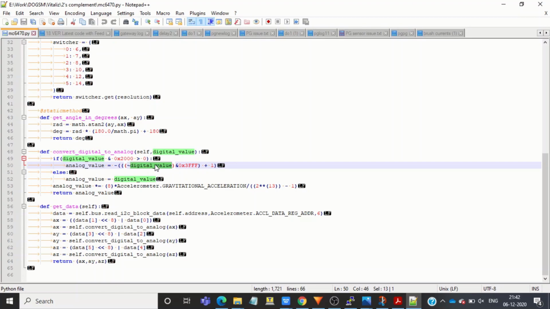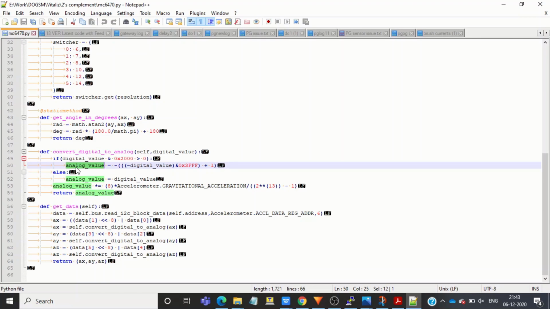To perform the 1's complement operation, I am performing a negation operation just to toggle each of these bits, and I am performing an AND operation of the result with this number just to consider only the first 14 bits and to ignore the other higher bits, as we are dealing with a 14-bit resolution value. And now I am adding 1 to it to get the magnitude. I am preceding this result with a minus symbol, as we know that this is a negative value. Now finally our analog value variable is assigned the signed decimal value.